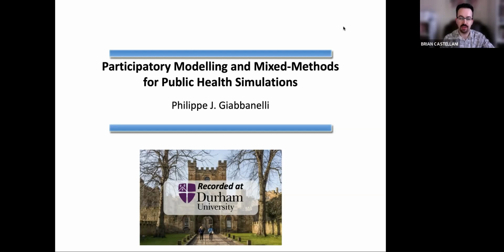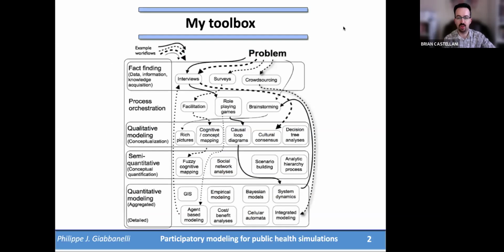In this brief presentation, we will look at some of the tools that I happen to use in my own work. So we'll be looking at my own toolbox, but I want to make it clear that there are many tools used in participatory modeling. It depends on the data you have. It depends on what the problem is, what the participants wish to get out of the exercise. So there are many considerations. I will only comment on the tools that I happen to use for this brief presentation, but there are many